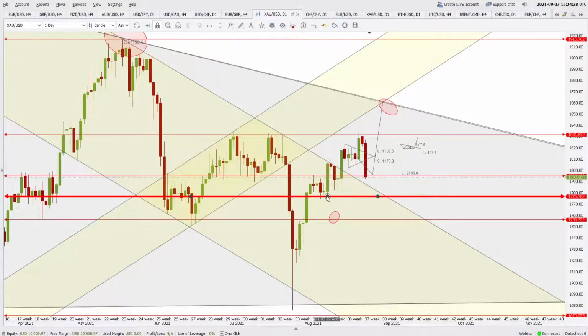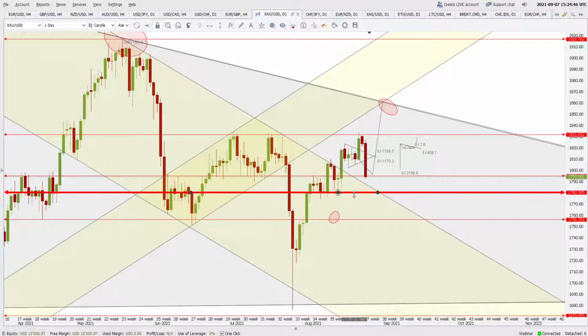So if we throw a level here, then you can expect the price to come back to here and even here and get rejected from here to the upside. So this is very much possible, but right now buying near this level, seeing this bearish candle on the daily chart, I think it is not a good idea. So why not wait and watch for the price to get rejected from this level to the upside